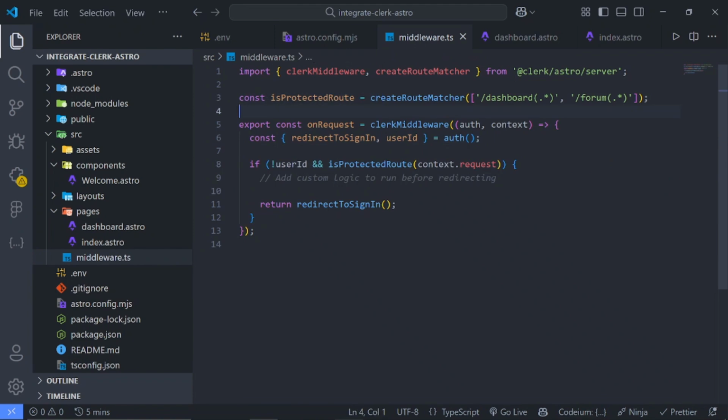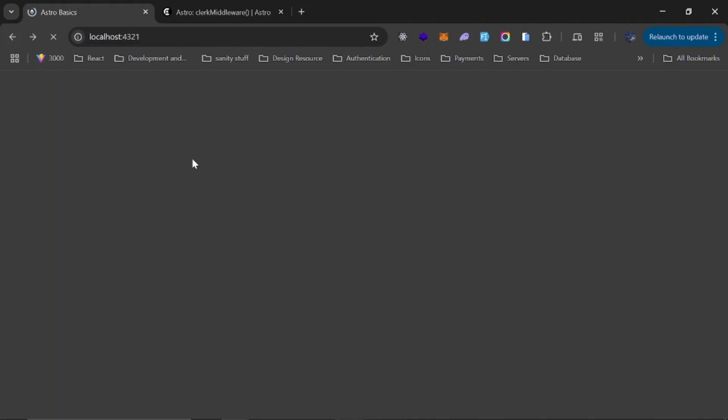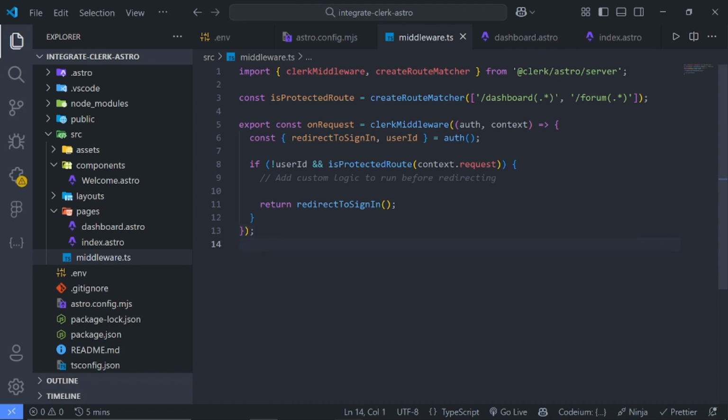So if the user is not signed in, then redirect them to the sign in page, which is this right here. But most of the times you want to take the user to a login page. So I'll show you how you can do that. So I'll go back inside this part, and I'll leave this and say,